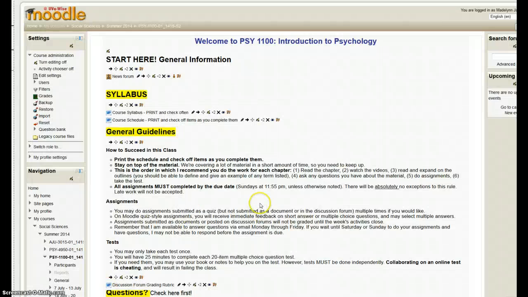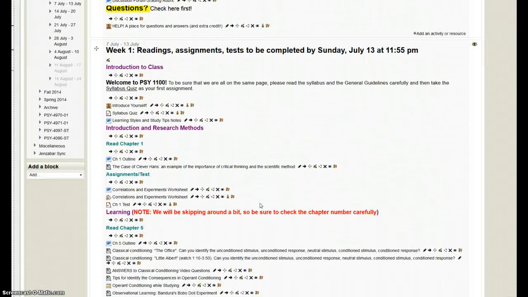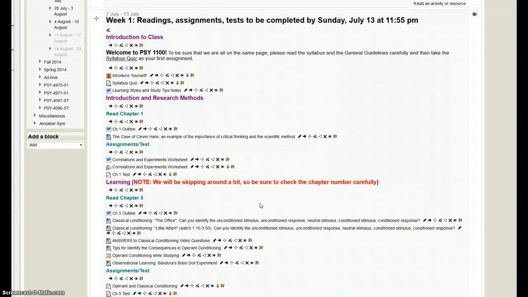Going back to Moodle, as I mentioned before, once we get past that general information section, everything is organized by week. So throughout the week, what you'll want to do is go through the sections, which are organized by chapter. Most weeks will cover 2 chapters, but there is 1 week that will cover 3. So our first week's assignment will be due on Sunday, July 13th at 11:55 p.m., and we'll start with some introductory materials. So you've got an Introduce Yourself forum,